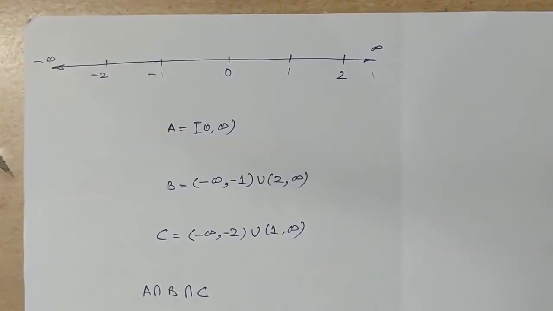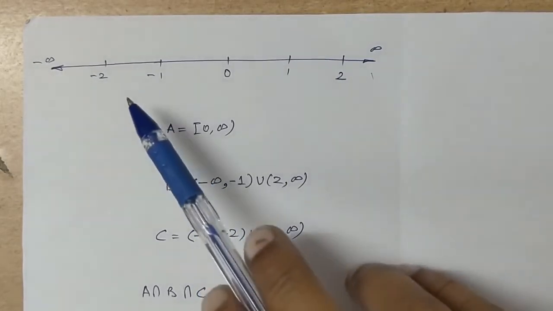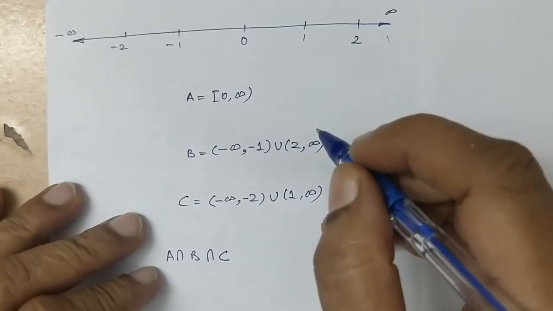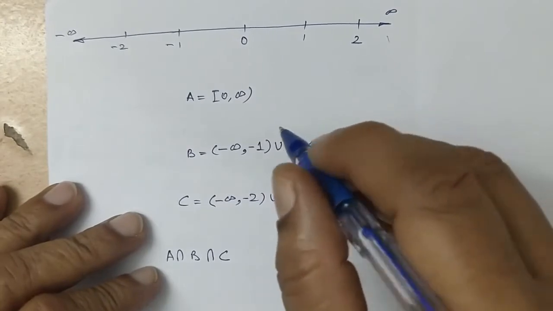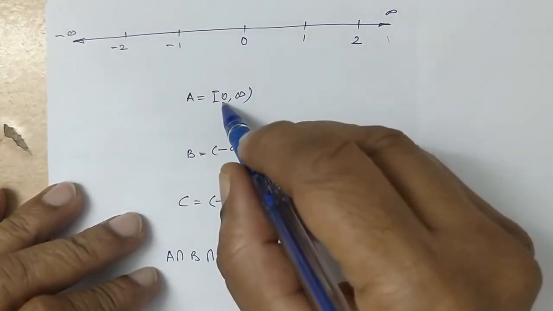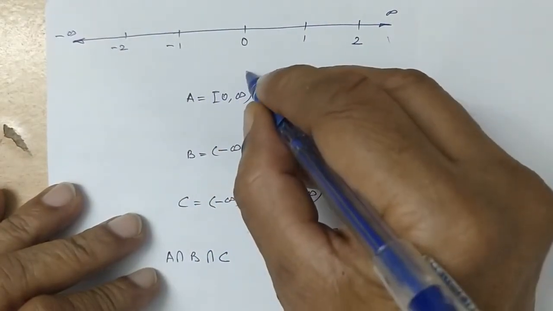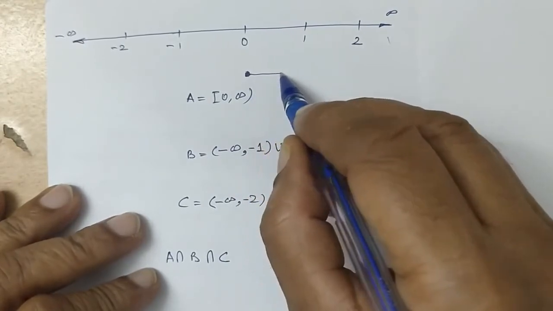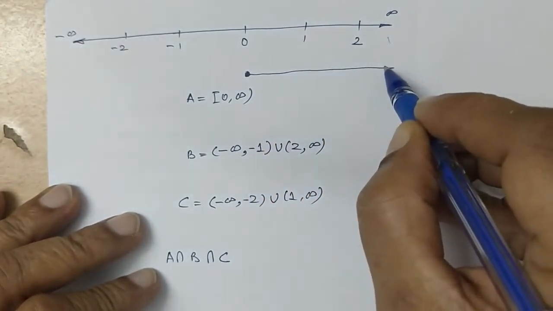The next step is to draw a real number line and show all the critical points in ascending order on this number line. Then draw the number line representations of sets A, B and C below this real number line. It should be assured that all the critical points are vertically aligned. Let us first draw the number line representation of set A. 0 is an element of set A, hence it is shown as a dot. The interval 0 to infinity is shown as an element of set A by drawing a firm line.